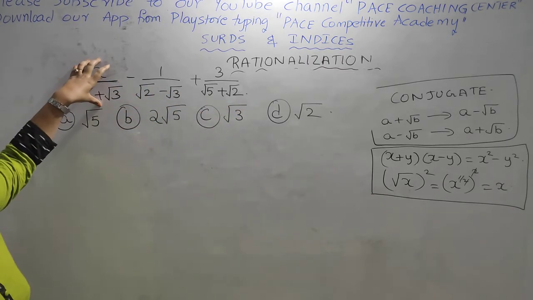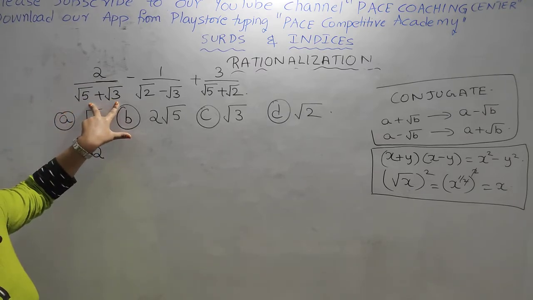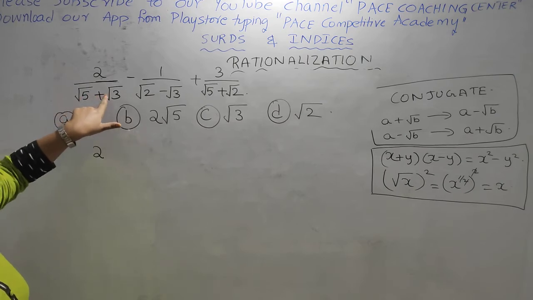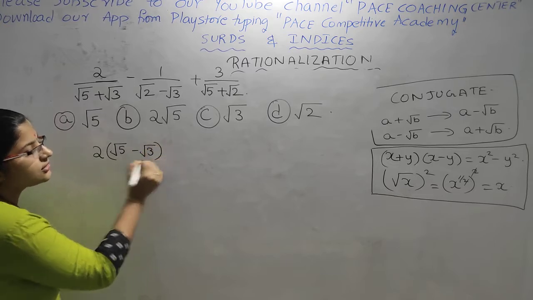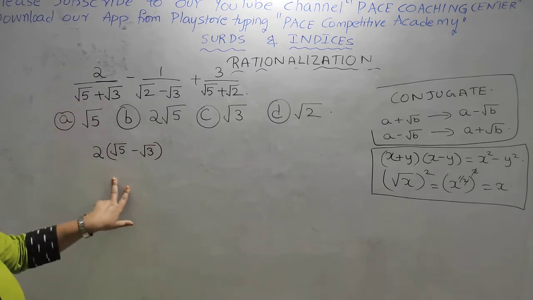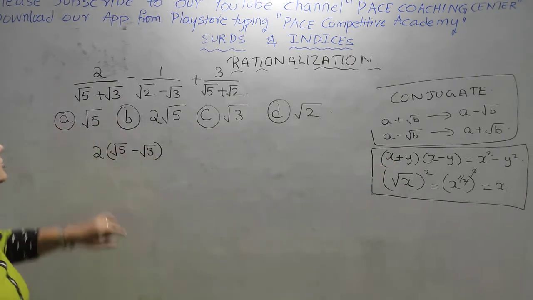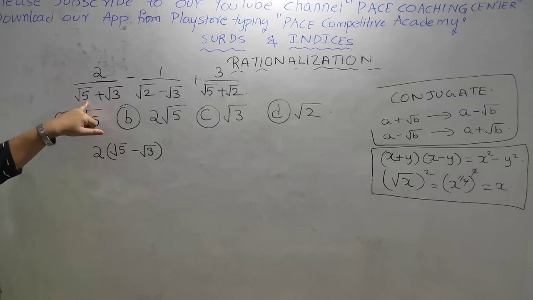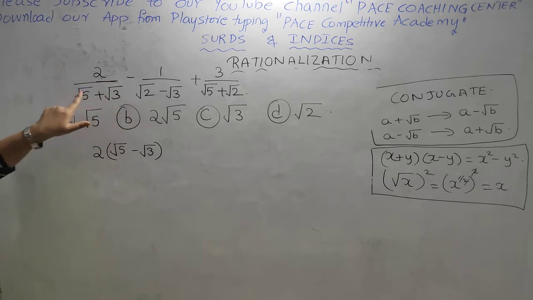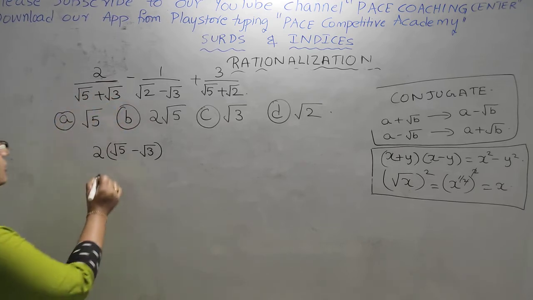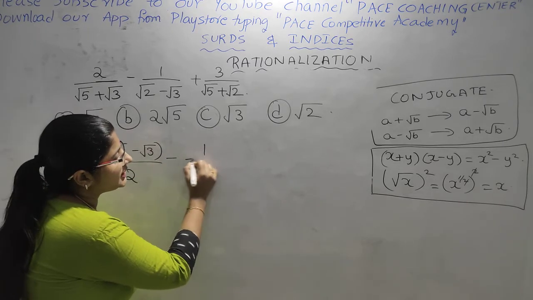Okay. So let us first consider this term. 2 into, so if we do the rationalization, the conjugate of root 5 plus root 3 is nothing but root 5 minus root 3. Okay. And always the denominator after doing the rationalization is of the form x square minus y square. So which is nothing but root 5 square, which is nothing but 5, minus root 3 square is nothing but 3. So 5 minus 3 is nothing but 2. Minus 1 divided by,